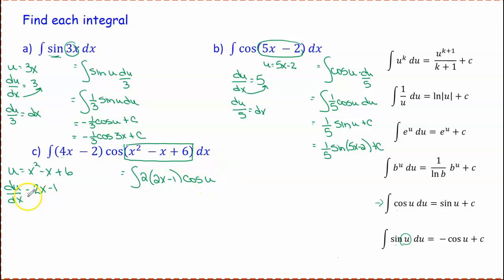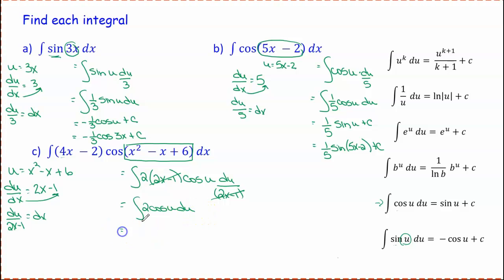Instead of dx, I multiply over, divide off, so du over 2x minus 1 is my dx. Now if we take a moment, we see 2x minus 1 in the numerator, 2x minus 1 in the denominator. They will divide off. So now I have the integral of 2 cosine u